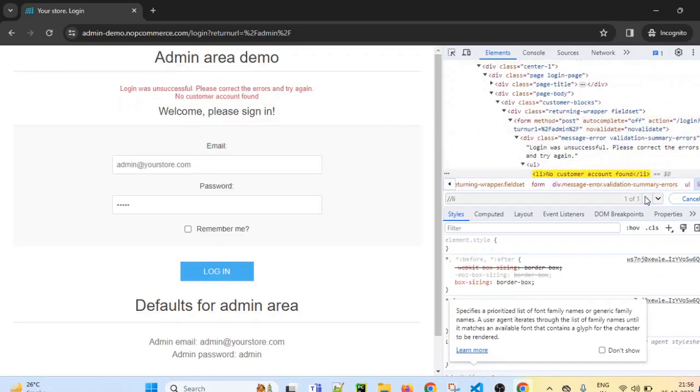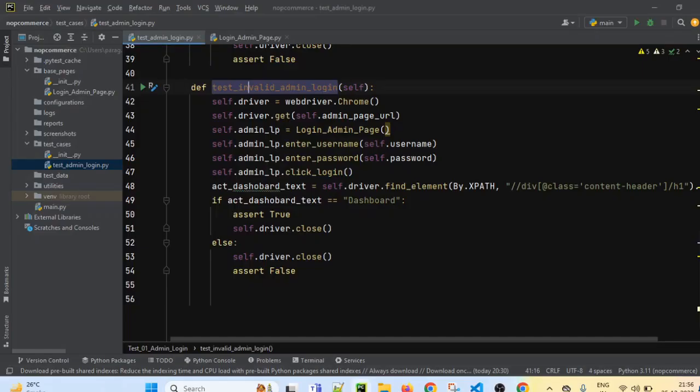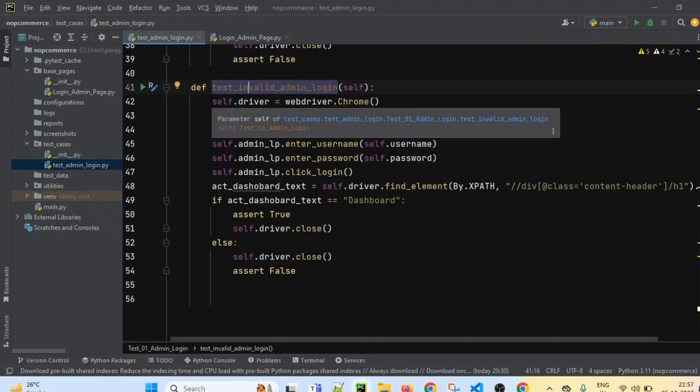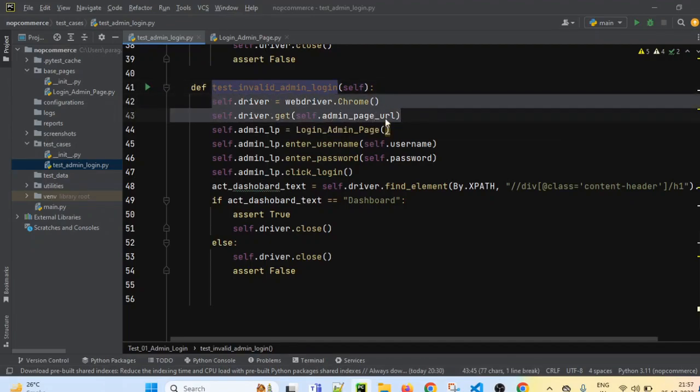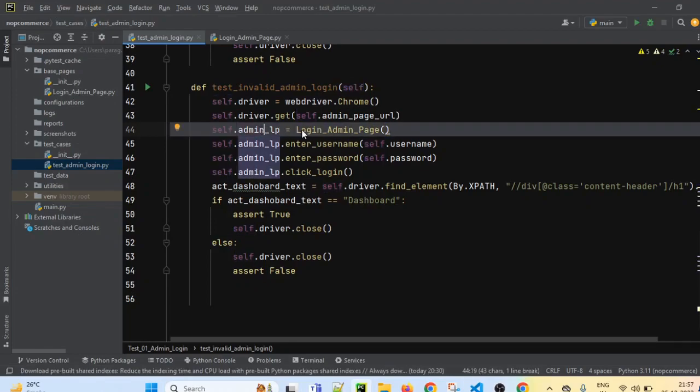If you see only one, that will find out our expected text. So what I will do, I will just use 2 times / and li, and we will fetch the text from it. So let's go back to our test case. The initial steps are the same again. We will call the login admin page object creation here, page object creation for login admin page